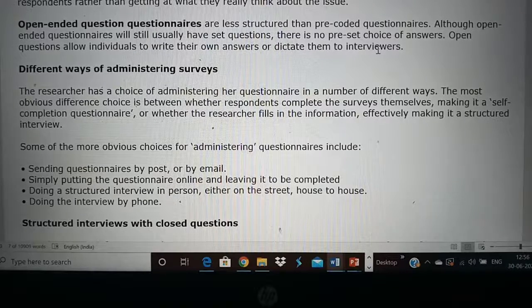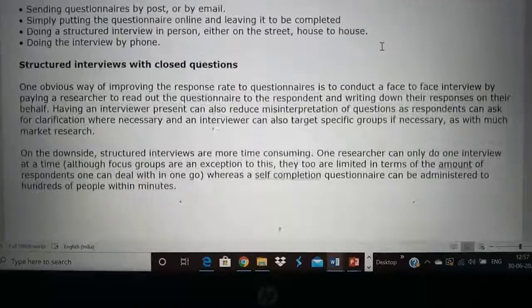These days a lot of people use online questionnaires. You can use Google Docs, or you can use WhatsApp, or these kind of social media, or even Twitter or Facebook, to give questionnaires and then collect the information. Or you can even visit the individual person's house or you can do the telephone interview. So there are different methods of using survey as a study.